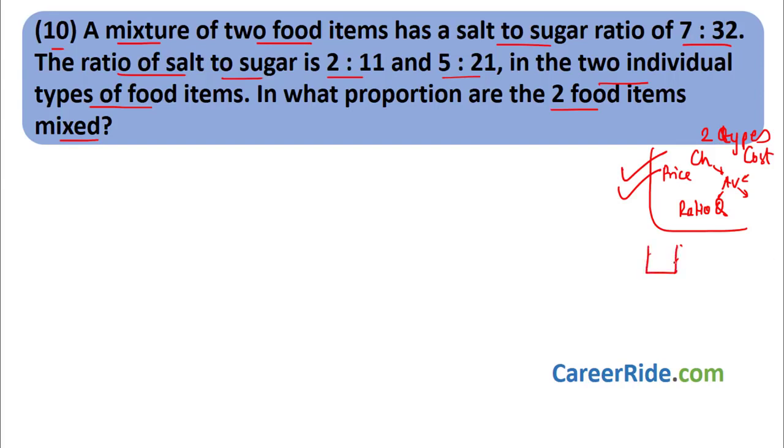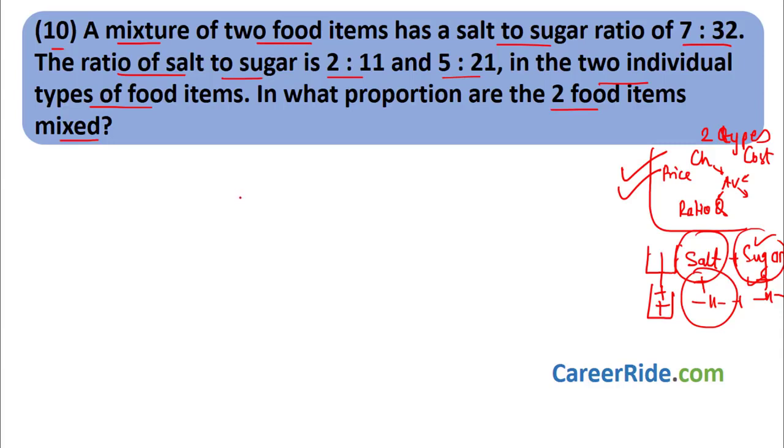Now say this is a mixture, it has salt and sugar. Then there is another mixture, this also has salt and sugar. Whenever we mix these two, this amount of salt will also get mixed and the amount of sugar will also get mixed, right? So even if we consider salt and find the values, from this we will be able to find the values of sugar or the values of the total mixture. Same way, even if we consider just one quantity, sugar, we will easily be able to find the amount of salt, right? So now what we have to find out first is which one to take.